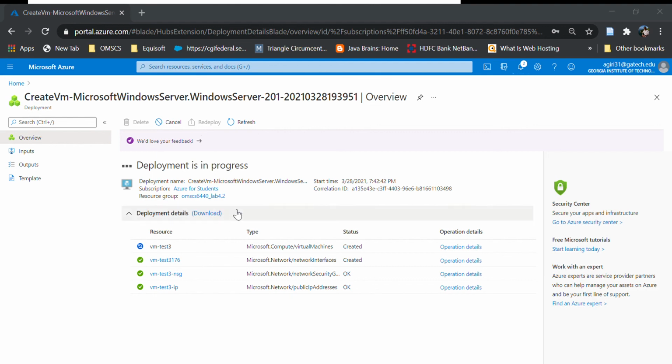I can hit OK, and see it's trying to connect. If you see, it got connected to the desktop, and I have all the documents here and the computer,